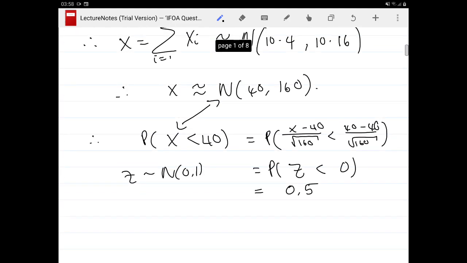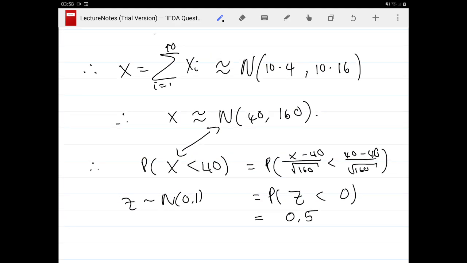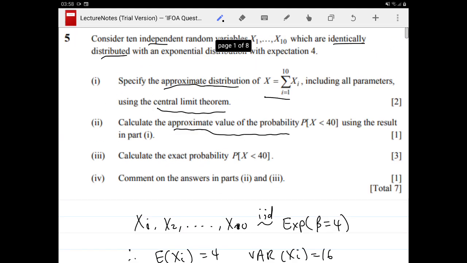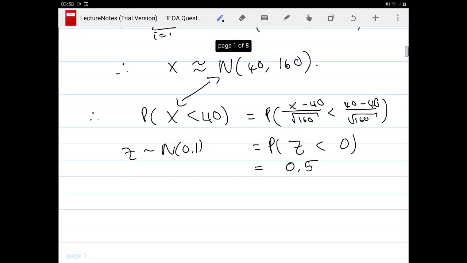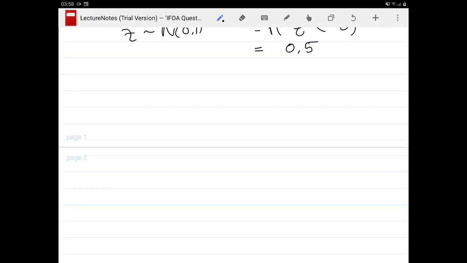Now, the exact probability that x is less than 40, we need to know what the exact distribution of our x value is. We could work it out, but I have a separate video that specifically deals with working out what the sum of exponential random variables is. So I'm just going to tell you the result, which is basically whenever you have the sum